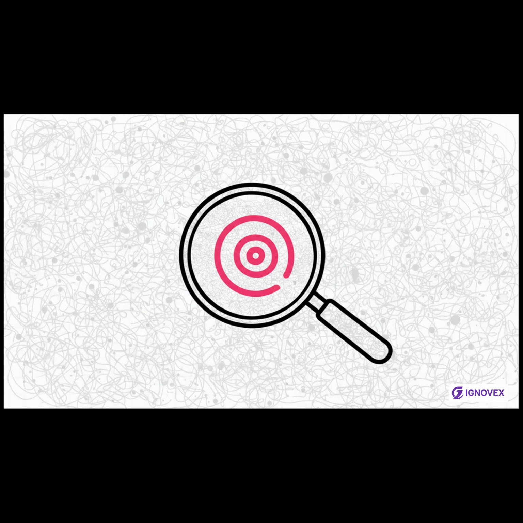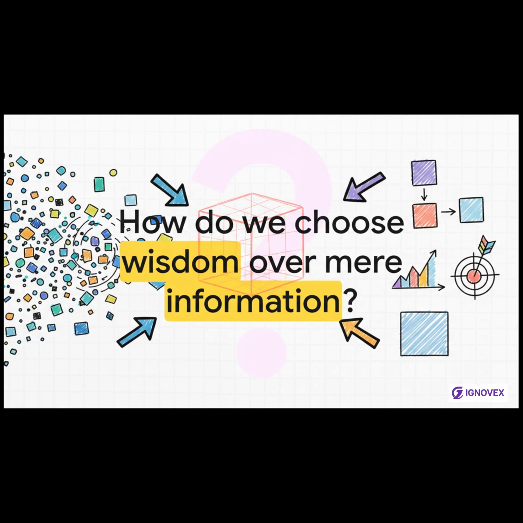So the real art of machine learning, it turns out, isn't just about feeding a machine a mountain of data. It's the art of being sort of a cosmic map maker, navigating these impossibly huge, empty spaces to find the simple, elegant, and powerful patterns that are hiding deep inside. So as we all generate more data than ever before in human history, the curse of dimensionality leaves us with this really critical question. And it's not just for AI researchers, it's for all of us. How do we make sure we're not just collecting infinite features, but that we're actually finding the meaningful patterns that lead to real wisdom?